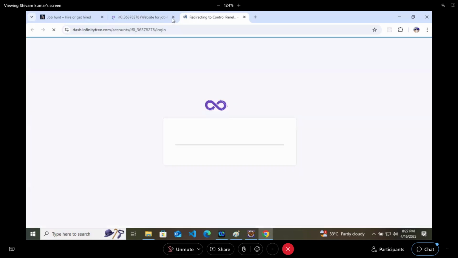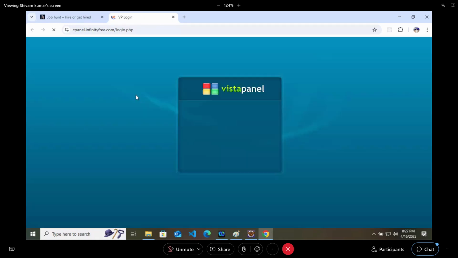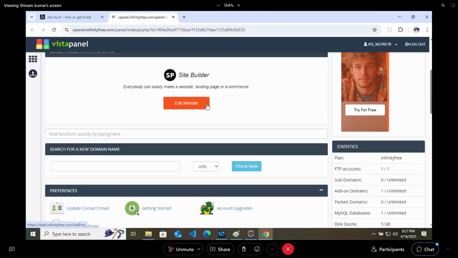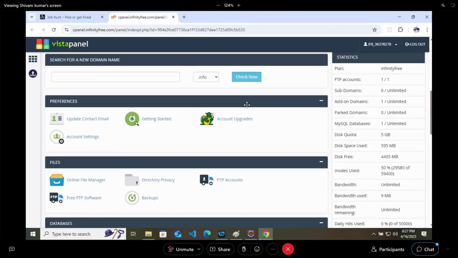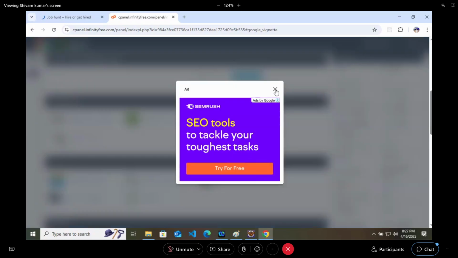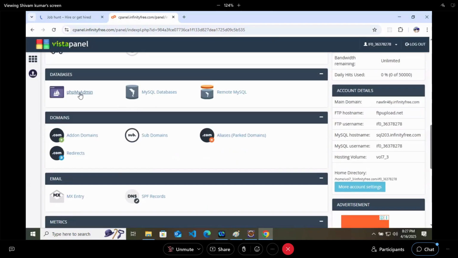So this is the control panel. It is hosted and everything is live. This is the control panel of this website. Ignore the ads. And this is the website. Now let's say, where is the database of this? So here I will connect the database,